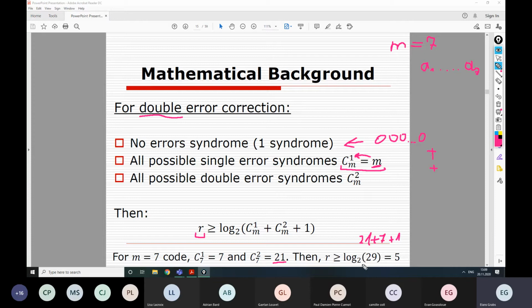That would give a total of 29, and the logarithm of 29 would be 4 point something, which we round to the closest larger integer number, 5. Meaning that of these